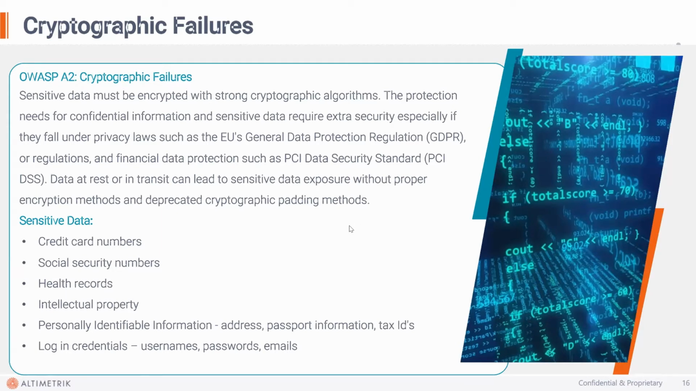The protection needs for confidential information and sensitive data require extra security, especially if they fall under privacy law, such as the EU's GDPR regulation, and financial data protection, such as PCI data security standards. Data at rest or in transit can lead to sensitive data exposure without proper encryption methods